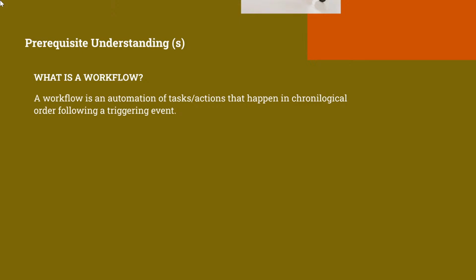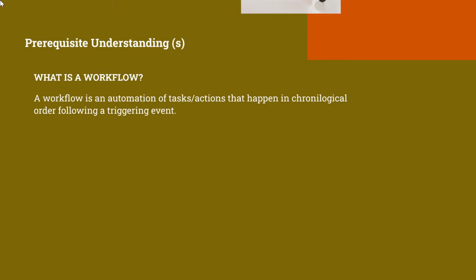It's a bunch of tasks, or one or two tasks, that happen in order after something triggers it to happen. So something has to be the trigger, something has to set it off. Kind of like your fire alarm. Your fire alarm automatically goes off, but it needs a trigger. The trigger is what? The trigger is smoke. It needs smoke in the house, right?